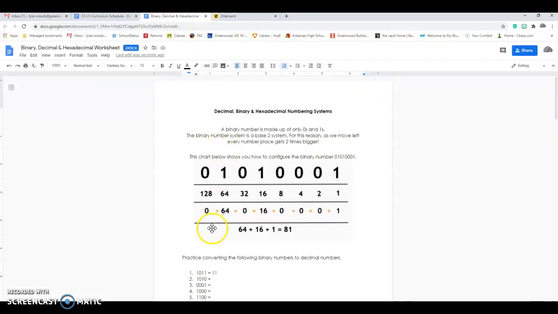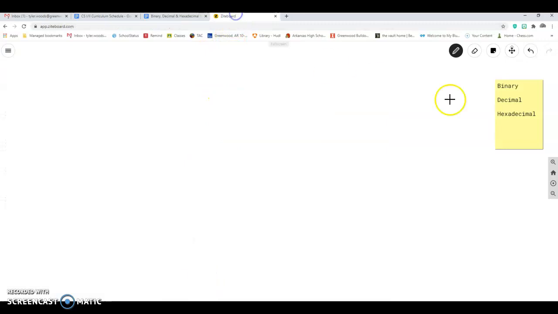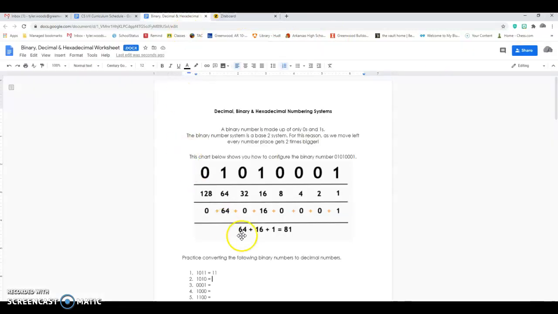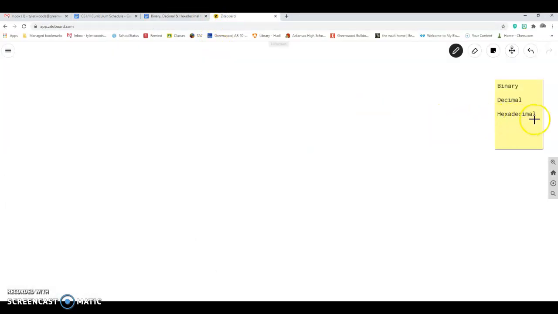So we just went from binary, the 1s and 0s kind of number, and we took it to a decimal number. And the decimal is a base of 10 because there are 10 options. The 10 options are 0 through 9, which are 10 digits. So in a binary, it's a base of 2 because there's only 2 options, a 0 and a 1. Okay, and I'll go ahead and tell you the hexadecimal, there's a base of 16. So if you guys wanted to write those down next to those, you could. I guess I'll kind of put it in here. I don't know how well that's going to look, but